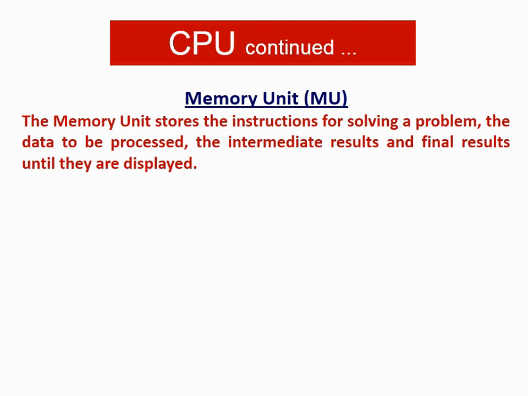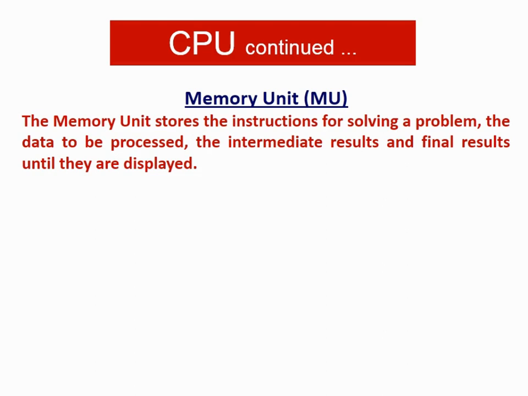Now here, what is what? The data is the entire data, that is 2 plus 4 plus 6, and intermediate result is what? 6 plus 6, means when you have added 2 plus 4 and the next 6 is waiting to be added, that is intermediate result, and the final result is 12. Once it is 12, then you speak out the result. Yes, the answer is 12. So memory unit helps to keep the data till the processing is going on.